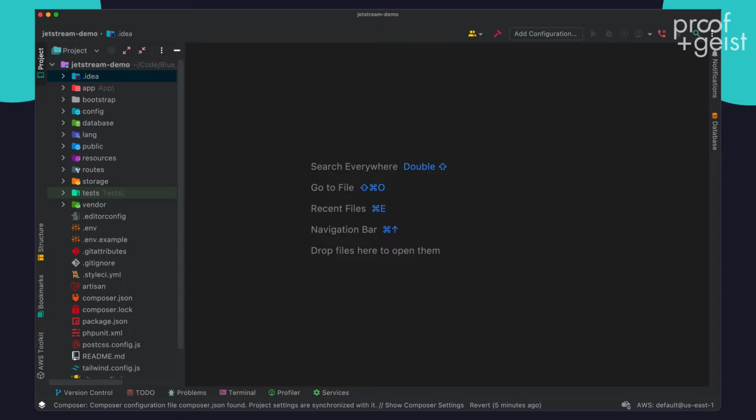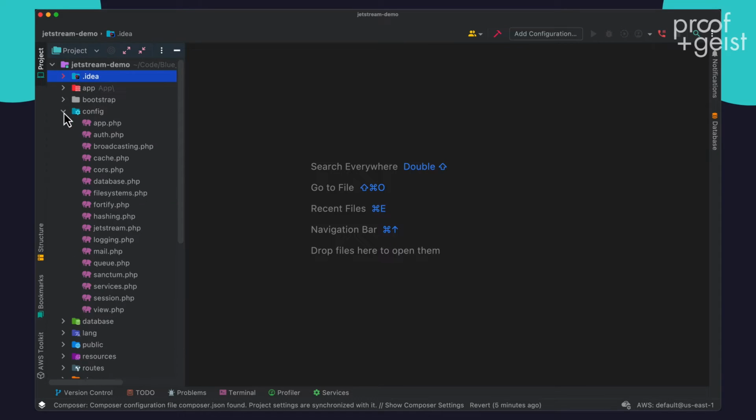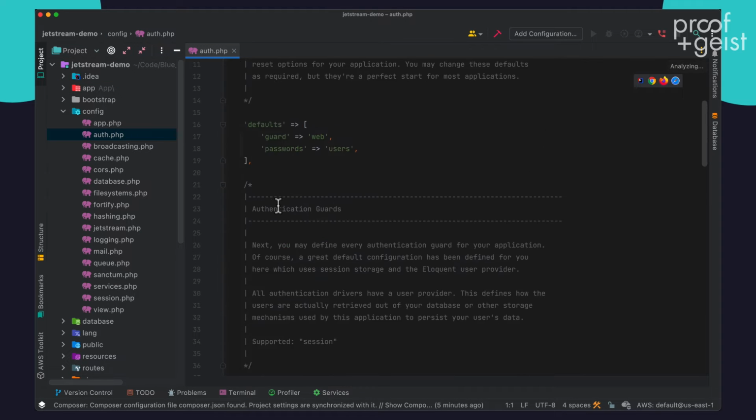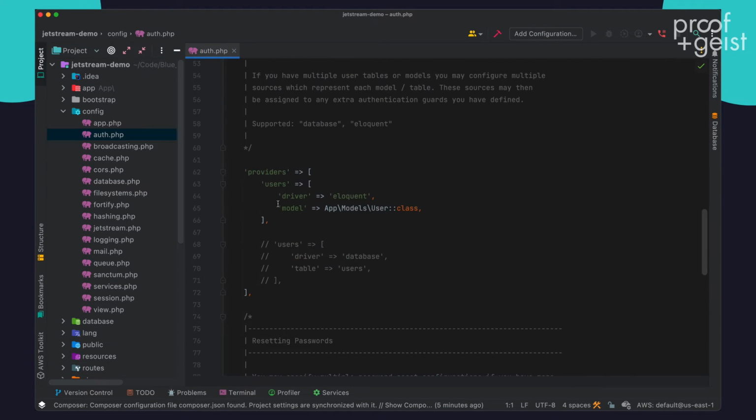With everything installed on the PHP side, we need to make a few configuration adjustments to our app. Let's open it up in our IDE and start making some changes. The first change is to tell Laravel to use FileMaker instead of the default Eloquent provider as a source for our users. We'll make this change in the